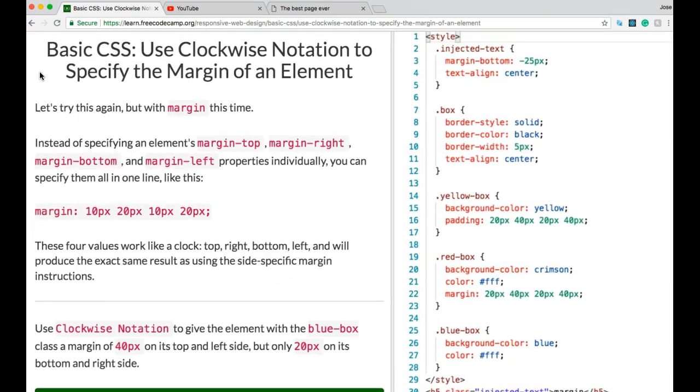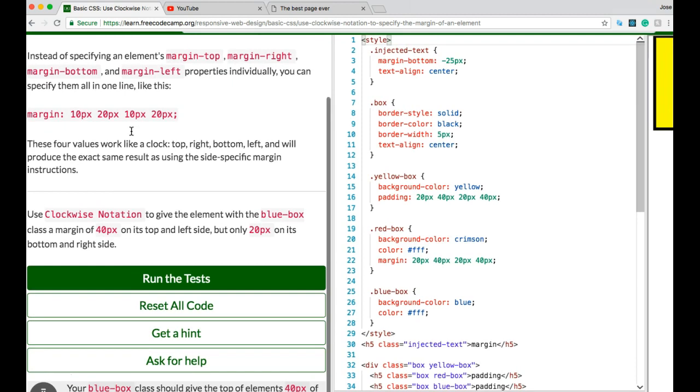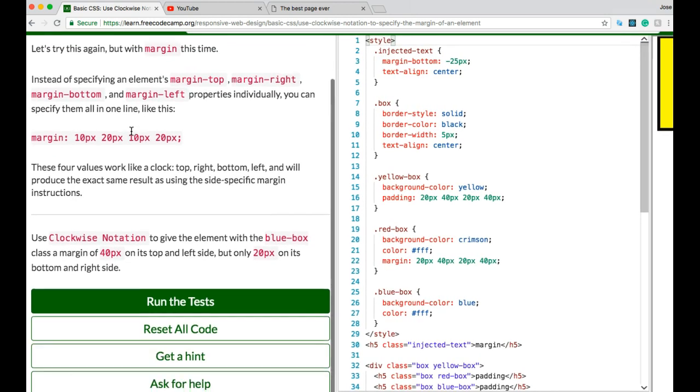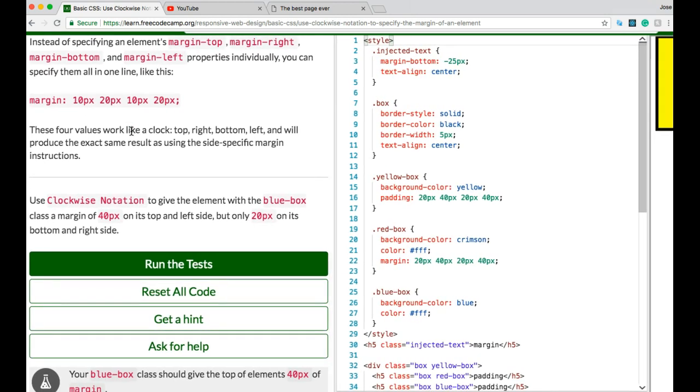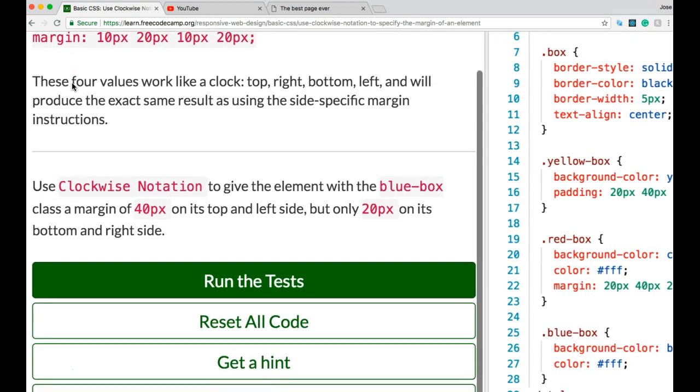Here, use clockwise notation to specify the margin of an element. So let's try this again with margin this time. Instead of specifying an element's margin top, margin right, margin bottom, margin left properties individually, you could specify them all in one line like this. Margin, 10 pixels, 20 pixels, 10 pixels, 20 pixels. These four values work like a clock: top, right, bottom, left, and will produce the exact same result as using